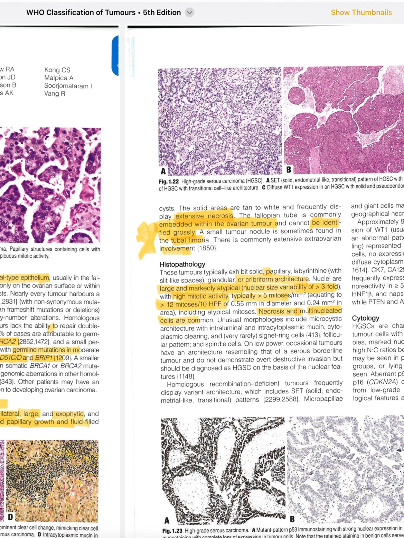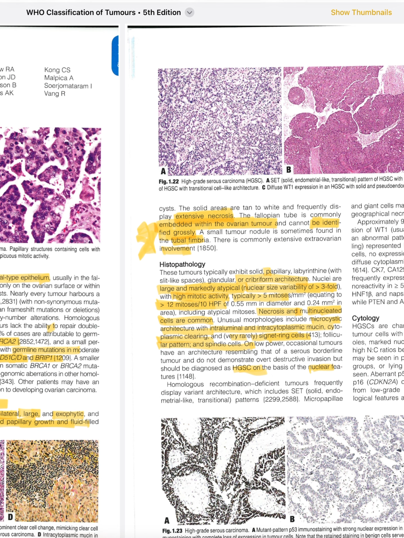Okay, necrosis and multinucleated cells will be common. There will be bizarre looking cells, and unusual morphologies include microcystic architecture with intraluminal and intracytoplasmic mucin, cytoplasmic clearing, and very rarely signet ring cells. Follicular pattern and spindle cells on low power can also be seen. Occasional tumors have an architecture resembling that of serous borderline tumor, and they do not demonstrate destructive invasion, but they should be diagnosed as high grade on the basis of nuclear